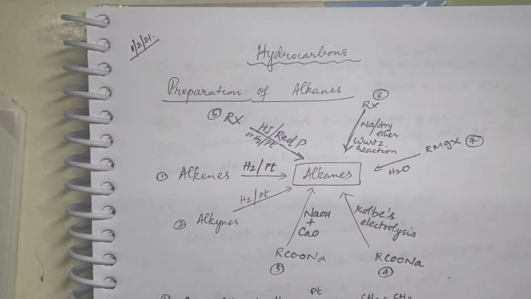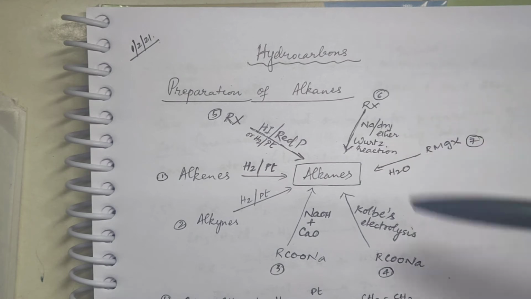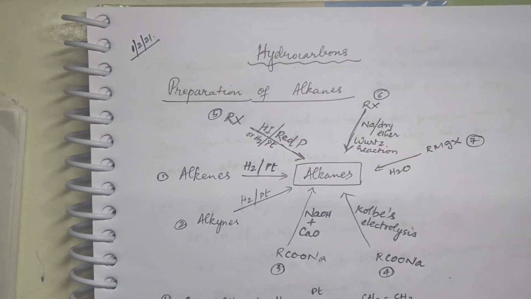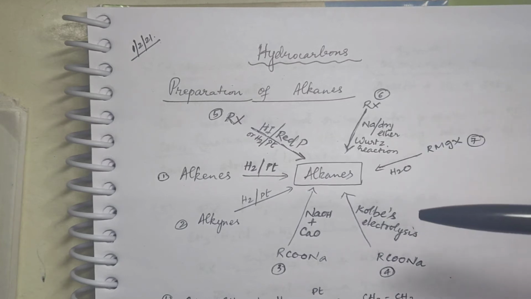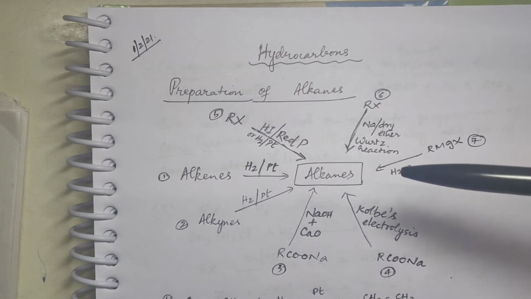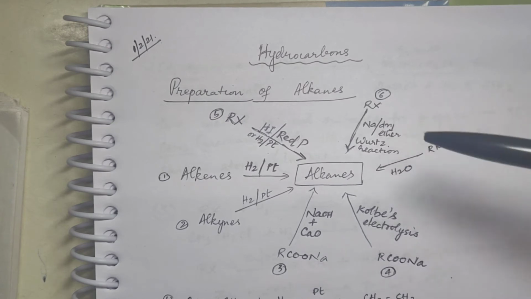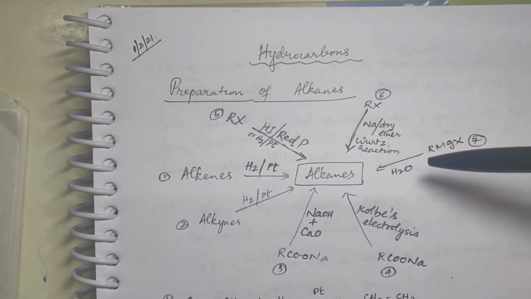Yes, children. Let us start with the next chapter, hydrocarbons. Okay, we have seen the various concepts of organic chemistry in the previous chapter regarding IUPAC nomenclature, then fission of a covalent bond, homolytic fission, what it is, heterolytic fission, what it gives, all that we saw. Okay, now let us proceed further.